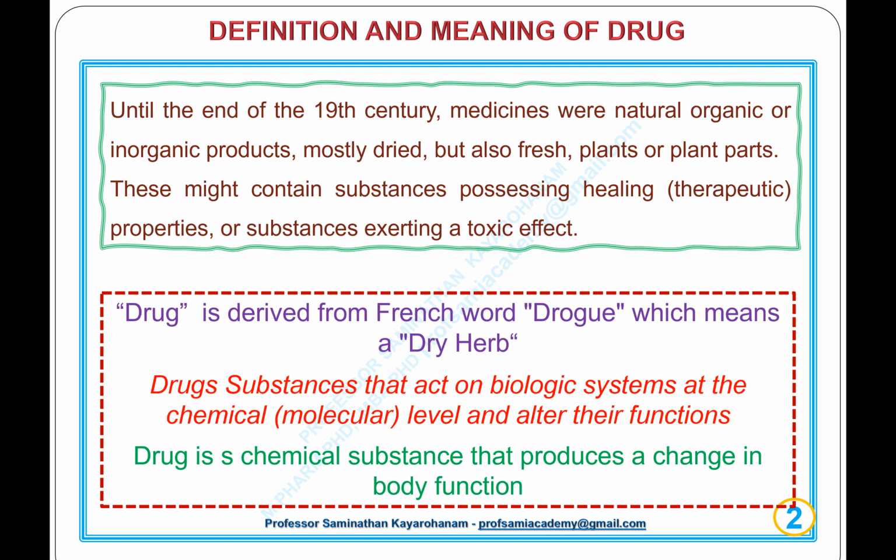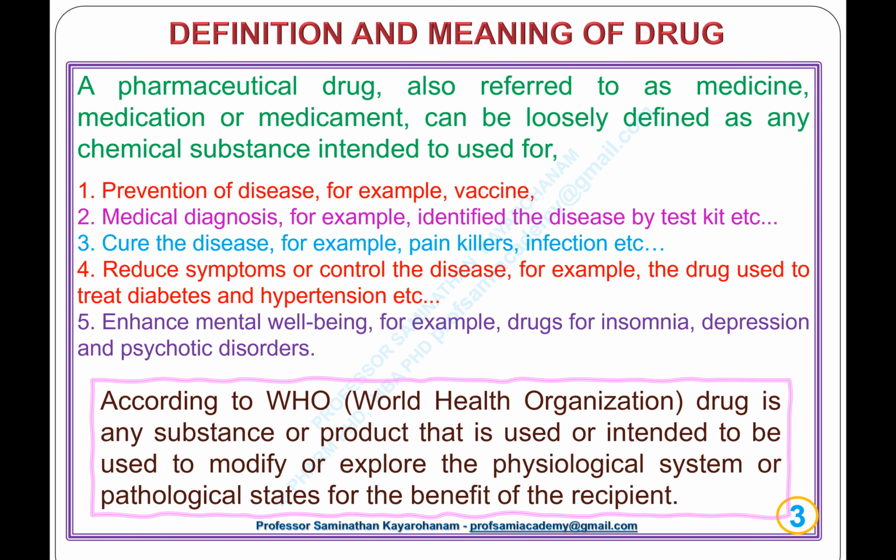Drugs are substances that act on biological systems at the chemical, molecular level and alter their functions. A drug is a chemical substance that produces a change in body function. Slide number 3, Definition and Meaning of Drugs, continued. A pharmaceutical drug, also referred to as medicine, medication or medicament, can be loosely defined as any chemical substance